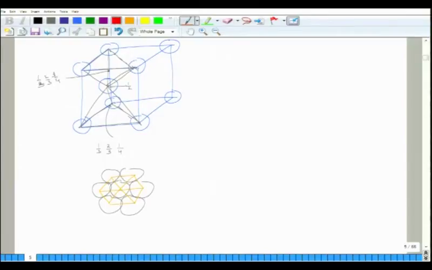You have one atom sitting and let us say if this is my first unit cell, okay, I am saying that one atom is sitting here, the second atom got to be sitting here and the third atom is got to be sitting somewhere here. So, you can see that